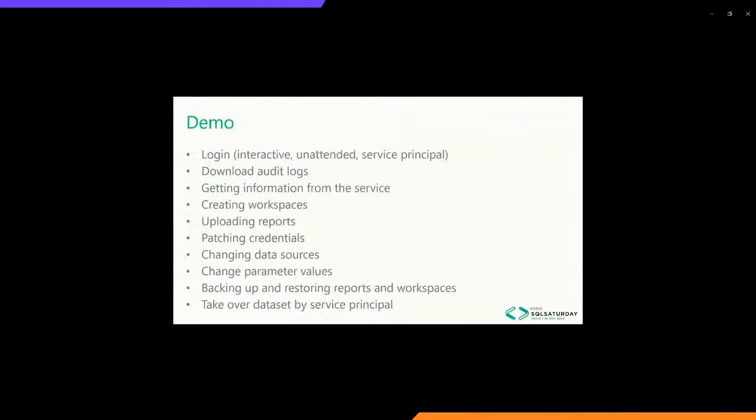The next thing, of course, is the demo. I will show how you can authenticate against Power BI, either by typing your username and password manually, or in unattended mode, authenticating with your username and password stored in the script itself. How you can do that with the service principal. And then I will show you some practical examples of how you can, for example, download the audit logs from the tenant, get information from the service about what workspaces are available, what reports they have published in them, which users